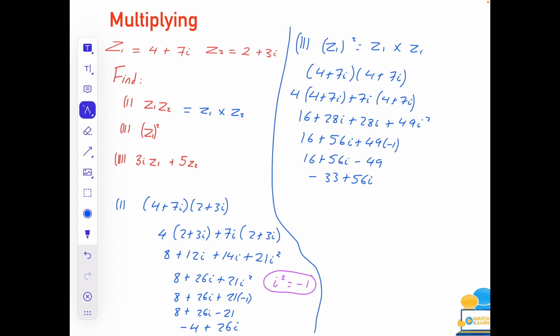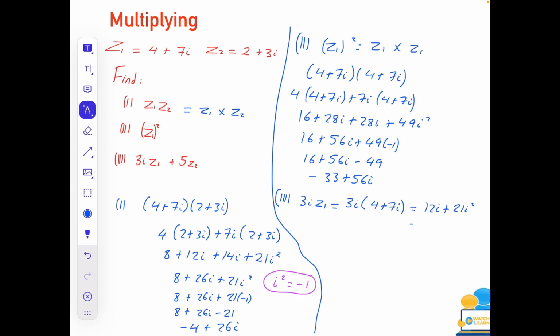Okay, so the last part now looks a little bit more intimidating. We're going to do 3i multiplied by z1 plus 5 times z2. What I'm actually going to do is do these in separate parts and then add my answers together. So first I'm just going to find 3i z1. All that means is 3i multiplied by z1, which is going to equal 12i